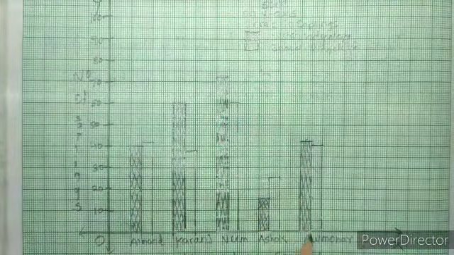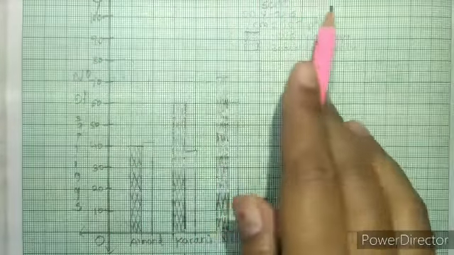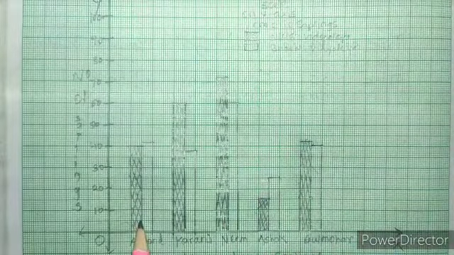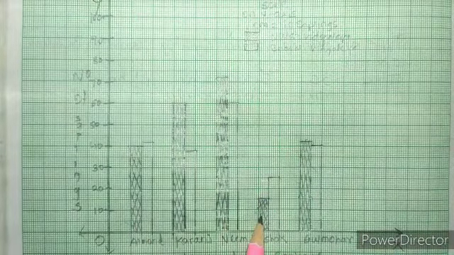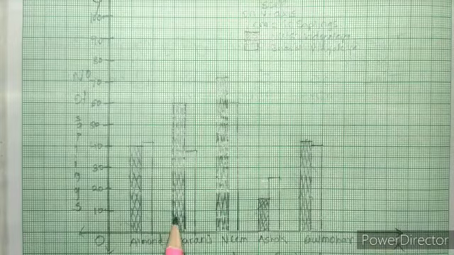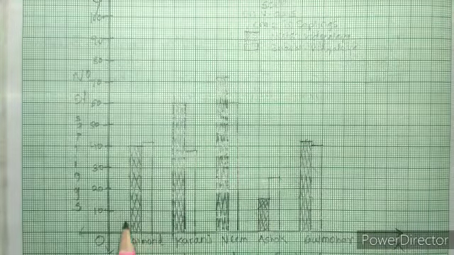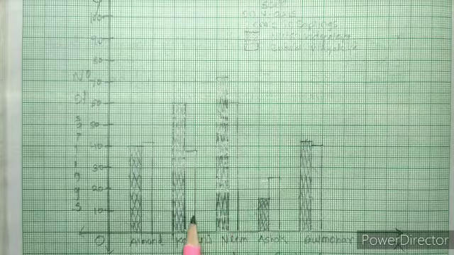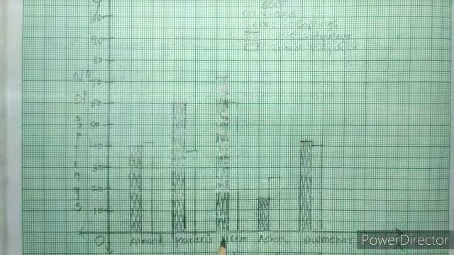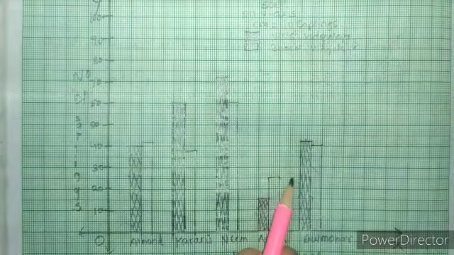Okay. So write the scale on the top corner of the bar graph paper. The width of the columns should be equal. The distance between any two consecutive sets of the joint bar graph should be equal. You can see the distance here, 1 centimeter we have taken. So students, like this we can plot a bar graph for given information.